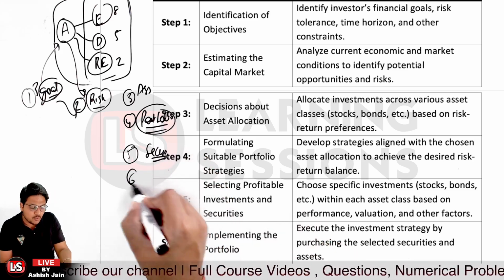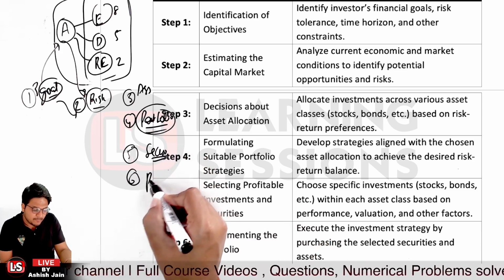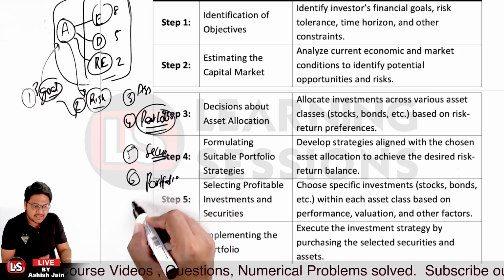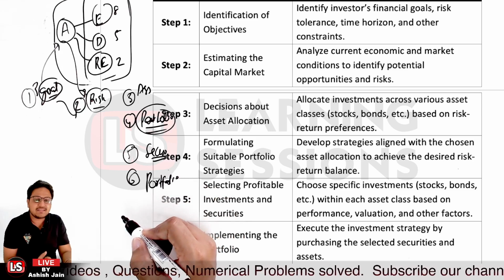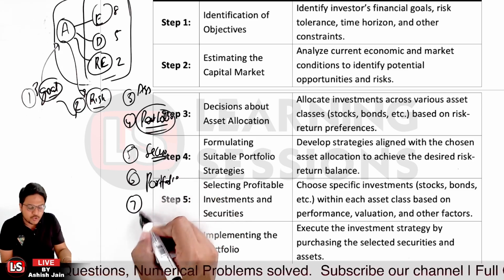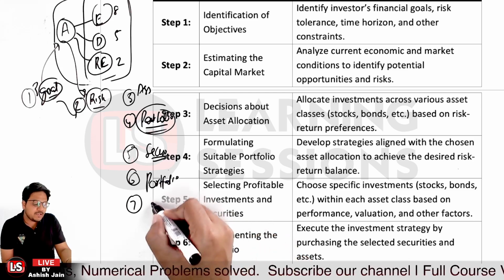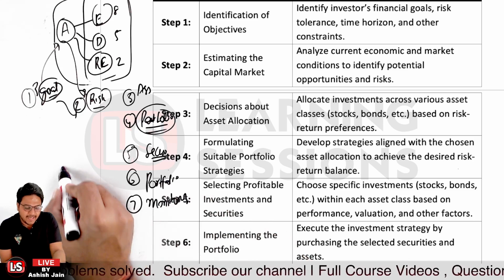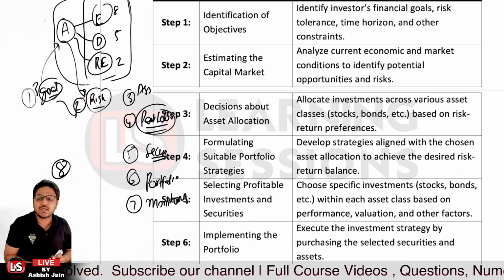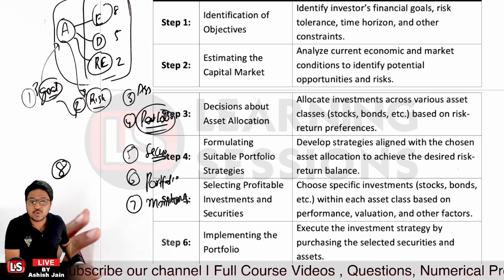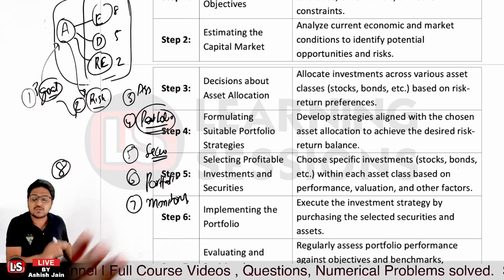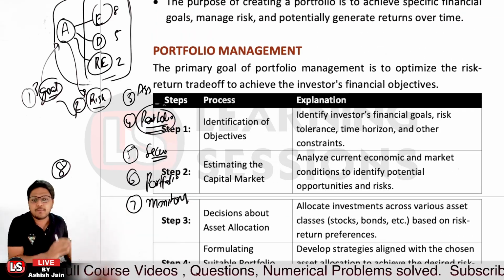And the sixth is related to implementing the portfolio. Now implementing the portfolio means the portfolio is now there with you, right? And the seventh one is related to revising the portfolio. You will be evaluating the portfolio, or we can say simply, we will be monitoring the portfolio. And the eighth one is that we are going to revamp the portfolio based upon its performance. That's the main thing, right? These are the different steps involved in portfolio management.